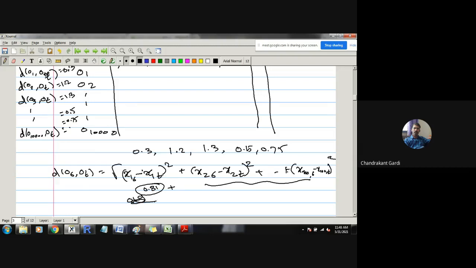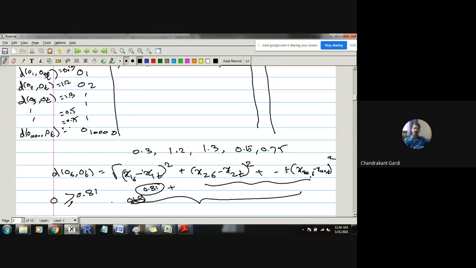So whatever new difference we are going to have is going to be greater than 0.81. If all these differences are 0, then only will this value be exactly 0.81. Otherwise, if there are some non-zero values for these differences, then all those squares will be added over here, and 0.81 will get larger, and therefore this entire difference will be more than 0.81.